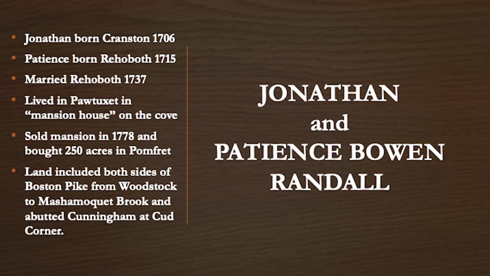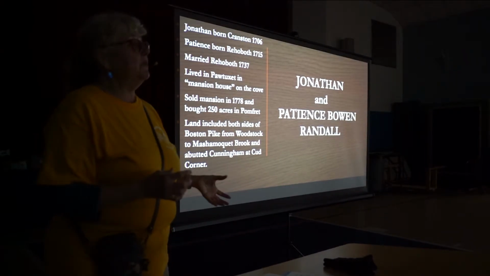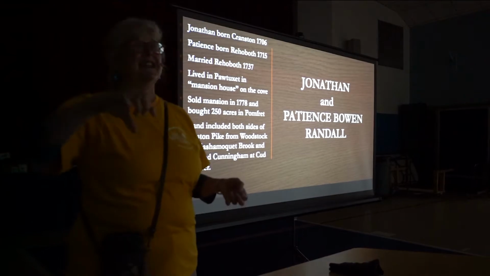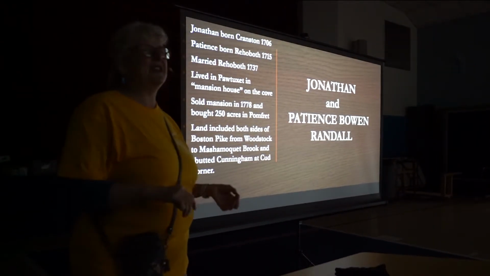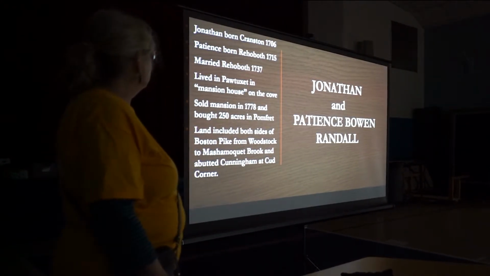So you have them living in this smaller, normal-sized house, while they're building this large house. So Jonathan and Patience, I wanted to talk a little bit about them because they are the wealthy family from Cranston. They have a lot of ties, and some of those ties, they're tied in with the Higginbothams somehow. That family interacted for generations, whereas the Higginbothams were the laborers or the borrowers of money. The Randalls were always lending them money to do a business venture. And so you see this long-term relationship that's formed.